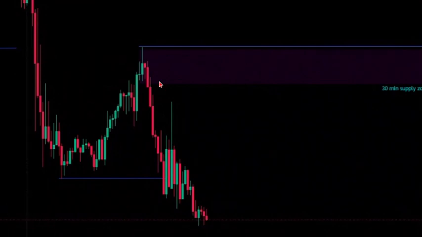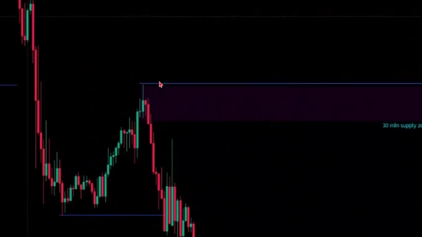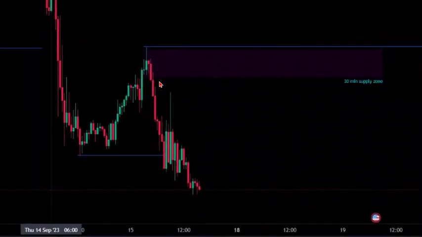Okay. So what we're going to have to do is, because I'm about to show you something that's going to be a problem with price coming up into that zone. That's why ICT doesn't believe in supply and demand, because I'm looking at a bearish breaker right now, and breakers are usually going to stop price from coming up into that last close candle. So now what we need to do is